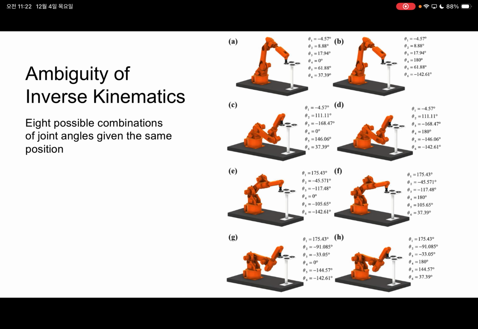This shows an example of ambiguous inverse kinematics. The target position is always the same. This position, this position. But as you can see, there can be many combinations of joint angles for these robots to achieve the goal, right? All these robots successfully reach the target position, but along the kinematic chain, the joint angles are very different. They are all joint angles here. This only shows 8 possible combinations of joint angles, but actually there can be many more than 8. So inverse kinematics is very ambiguous.